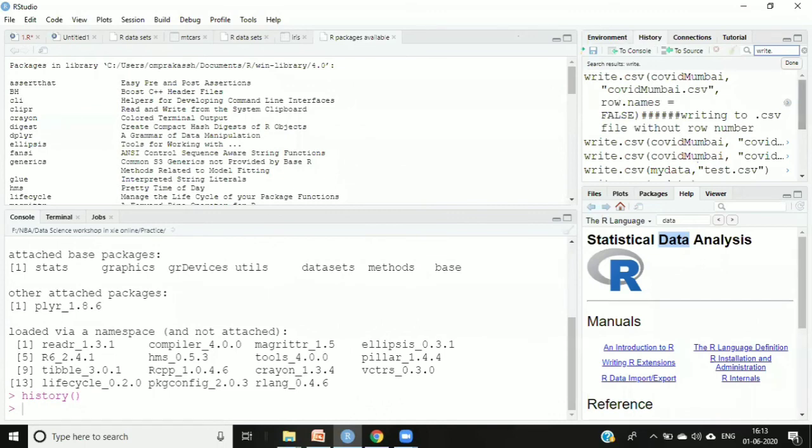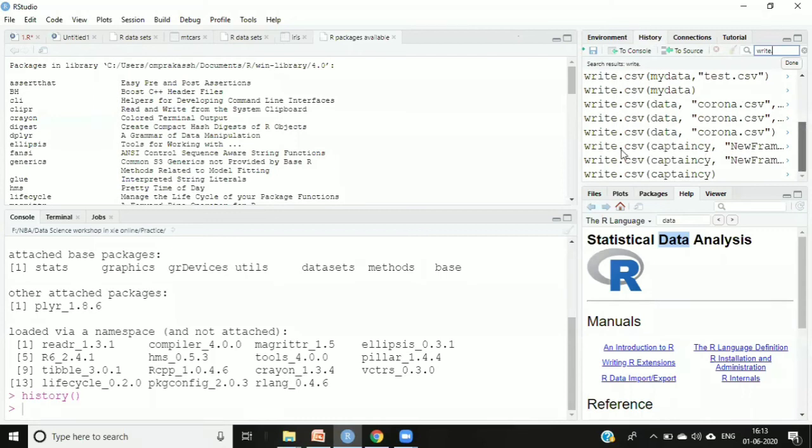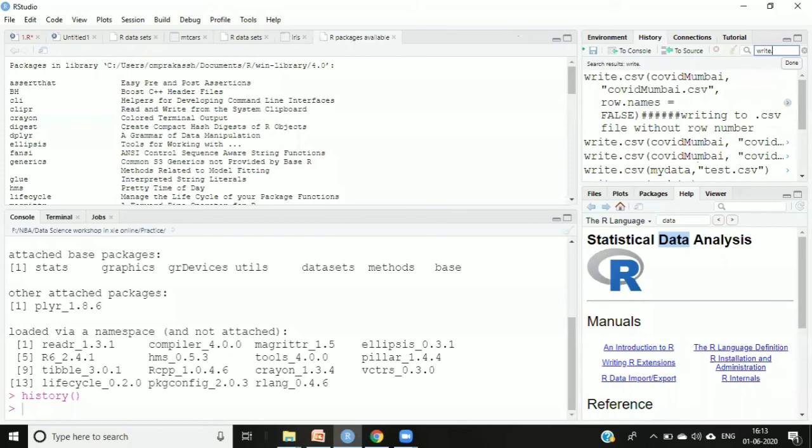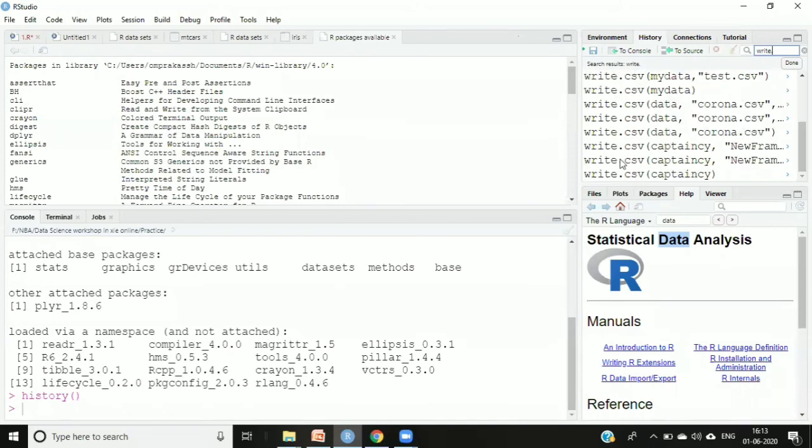Here you will see the different commands, because I have not closed my IDE, so whatever I fired maybe yesterday, all those commands are already there. In your case, you might be seeing certain commands. If you are not, you can fire some commands, and then if you type history, you will see the set of commands you fired in this window.